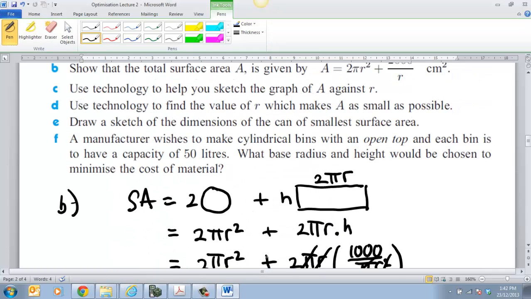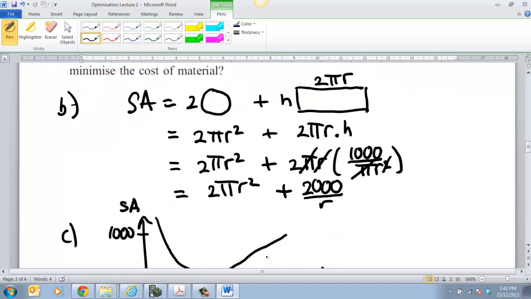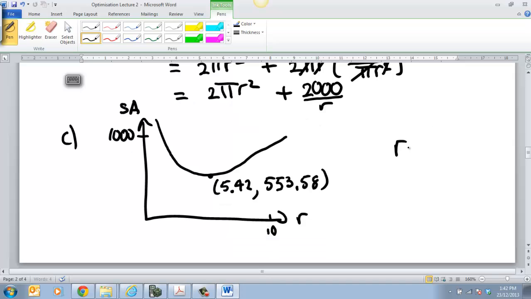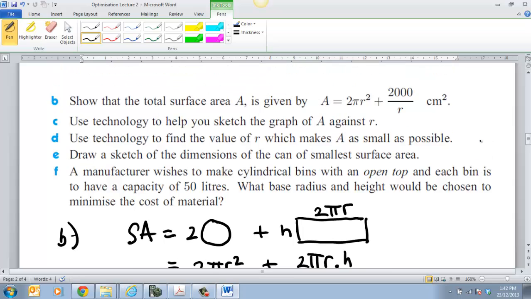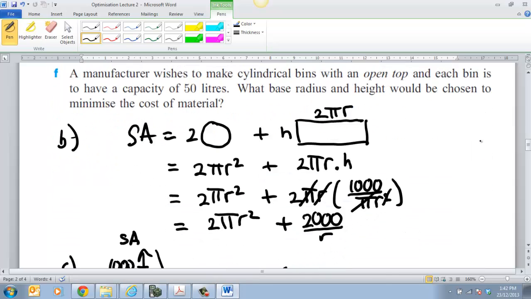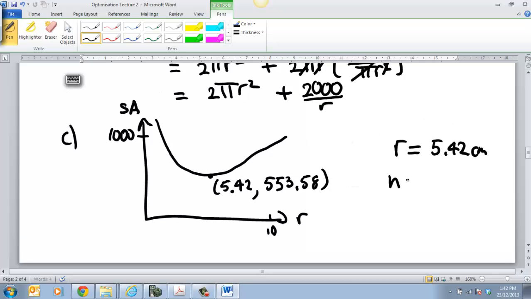Use technology to find that minimum value. So what value of r makes the area as small as possible? All I have to do is say r is equal to 5.42 centimetres. Then we go to the next bit: draw a sketch of the dimensions of the can with the smallest possible surface area. All I have to do is find my h value, which is equal to 1,000 divided by pi times 5.42